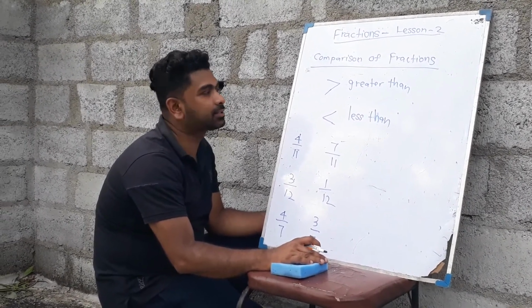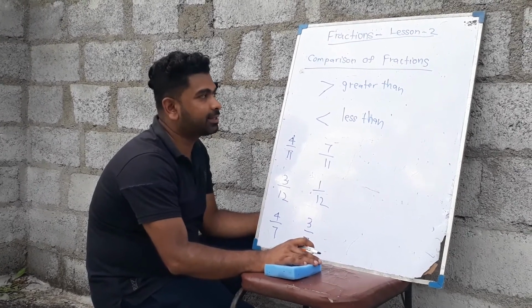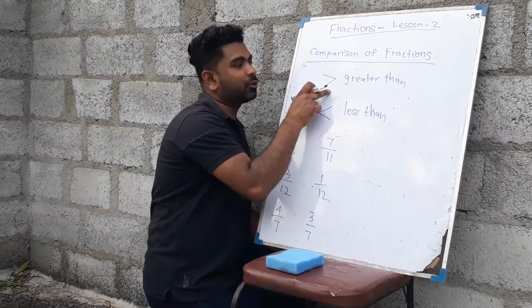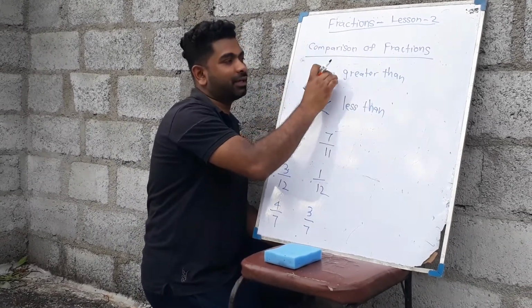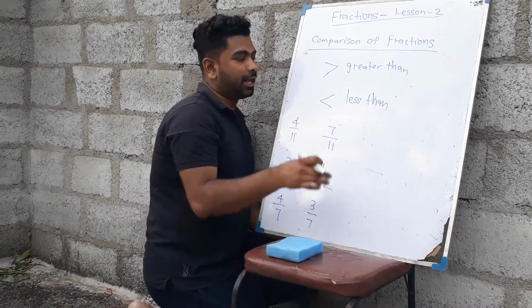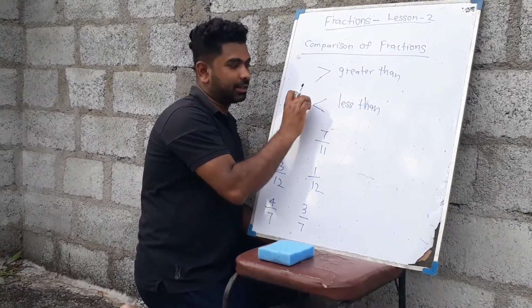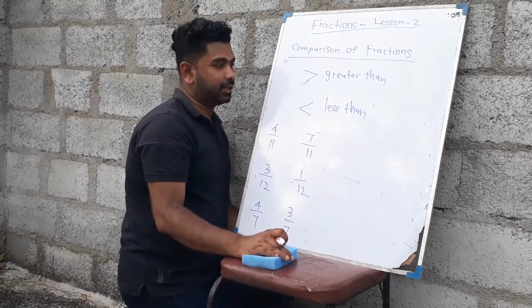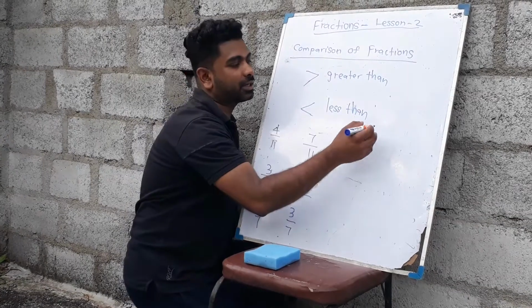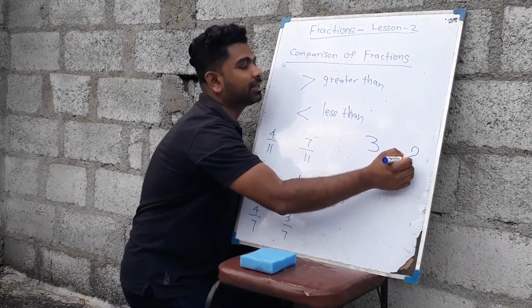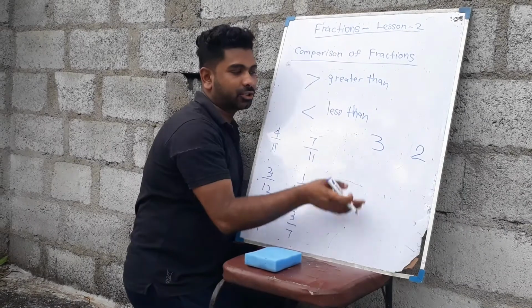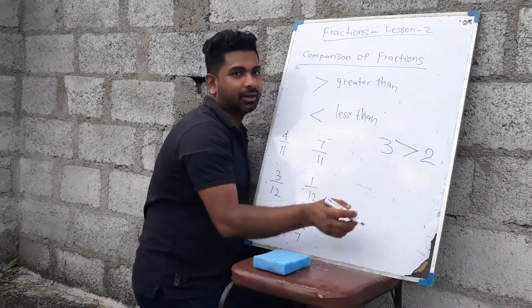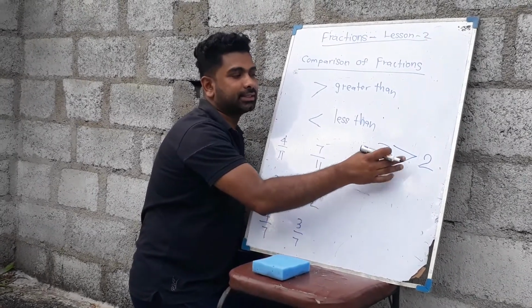two symbols used in maths, which are greater than and less than, right? So here you can see, if it is open this way we call that greater than, and if the angle is like this way, for the first number, we call less than. So how to use it? Now consider 3 and 2. The first number is greater than the second number, so you need to put this one. Then how to say that? 3 is greater than 2.